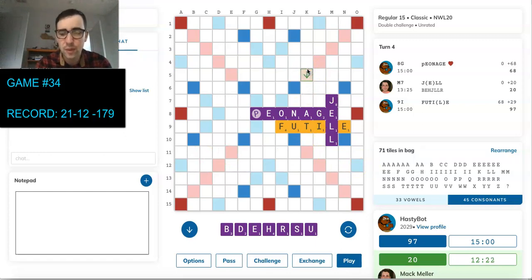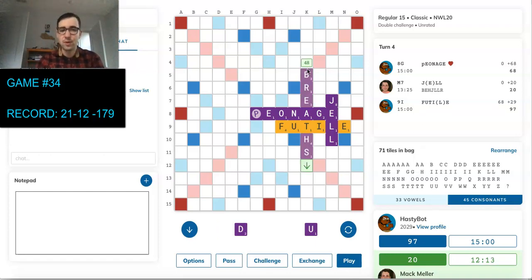Have any double doubles maybe just to score a bit? Bursated. No, that's no good. If I could just score... Yeah, I have breaths. I probably should just cash in. It's 48. I mean, it gets me to within 30. It's not a great position, but...